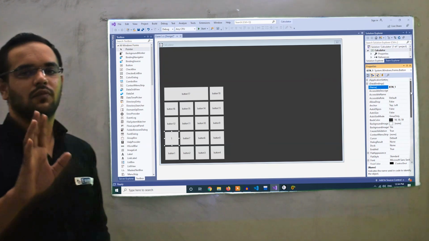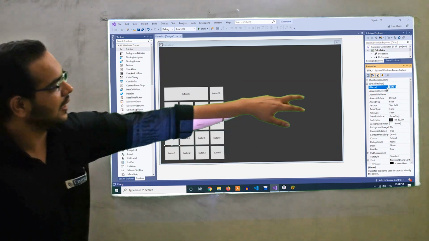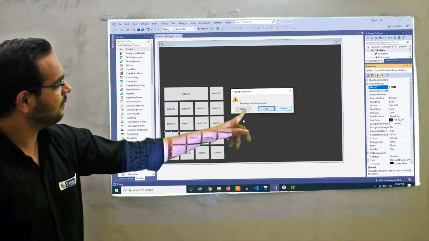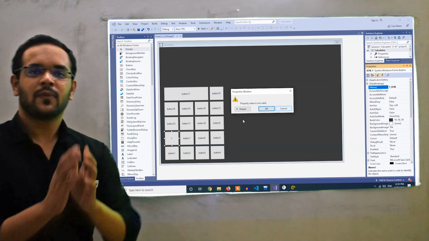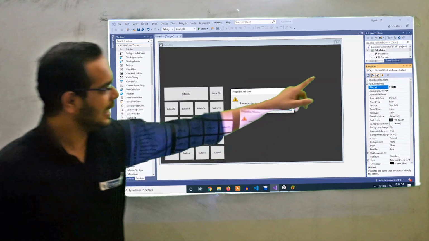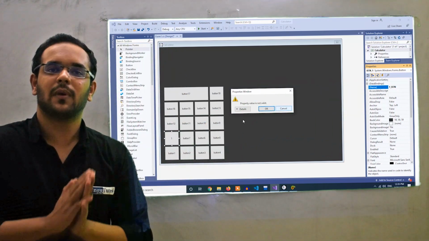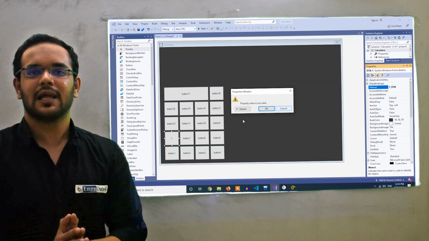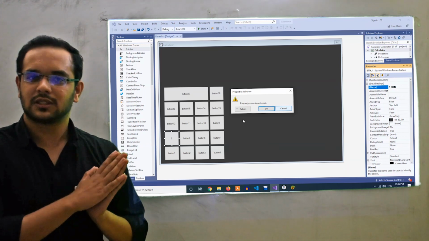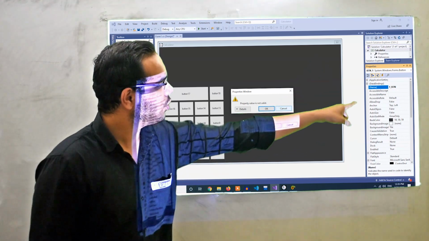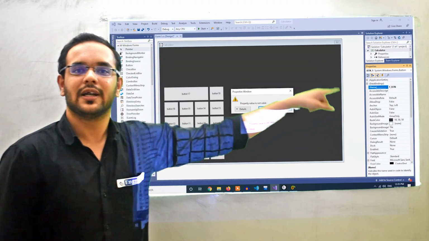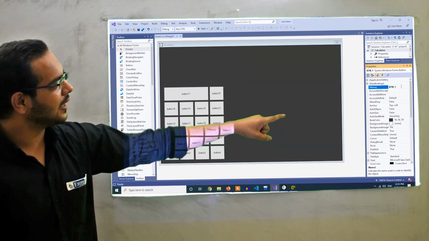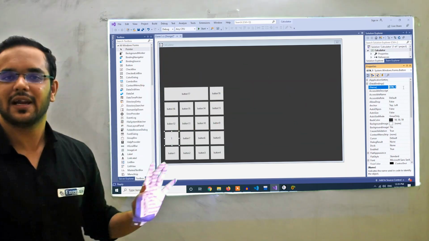One important thing here. Let's write it as 1 underscore button and see how it goes. Property value is not valid. Why? Because this name, the ID of that button, is nothing but a variable which we are using in the backend, and we know the variable declaration rules. A variable name can't start with a number. That's why the name also can't start with 1 underscore button. It has to start with a character. So keep this in mind: button underscore 1 will be a valid name.